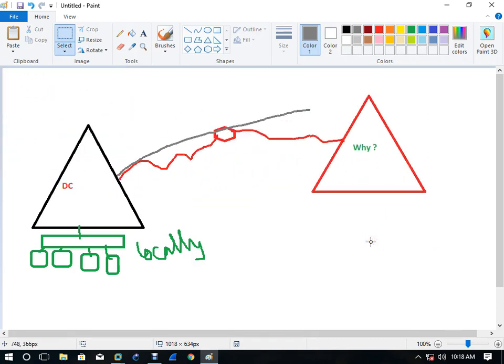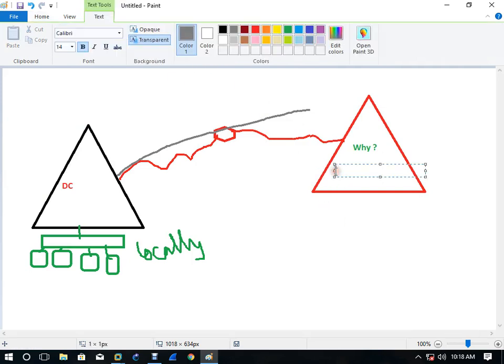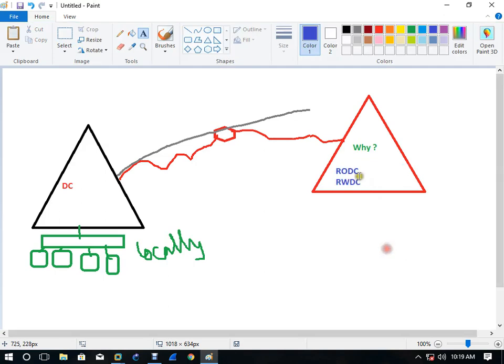Now if you are putting a branch server, you have two options. One is RODC and the second one is RWDC, read write domain controller. You should know the difference between RODC and RWDC.